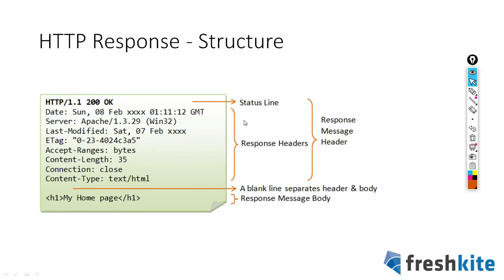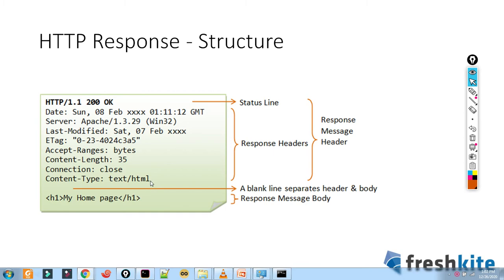And then it will have the response header. What is the header? Which date, what is the server, and then some response headers will be there. And then one blank line, and then it will have a body, because the response should have your HTML files. Your browser will see the HTTP response, see the HTML files, and only those HTML files it will use to display the web page. Correct? The actual file will be there. So this is how an HTTP response looks.